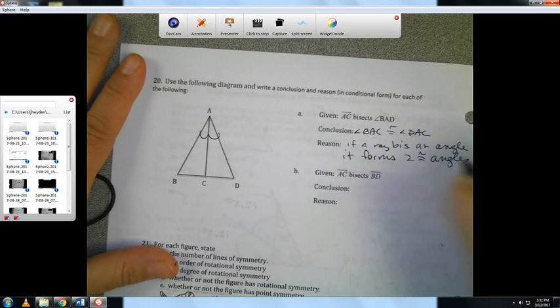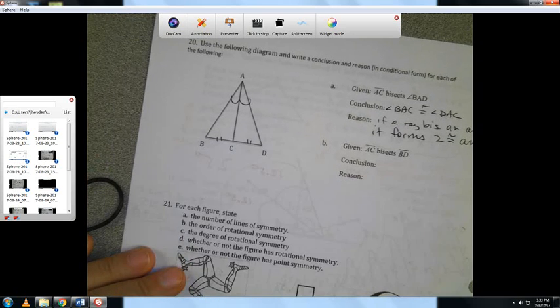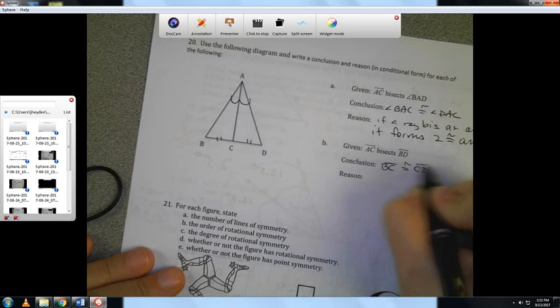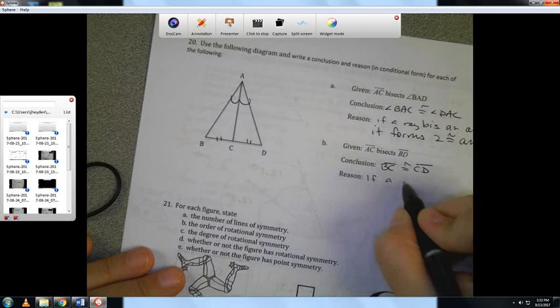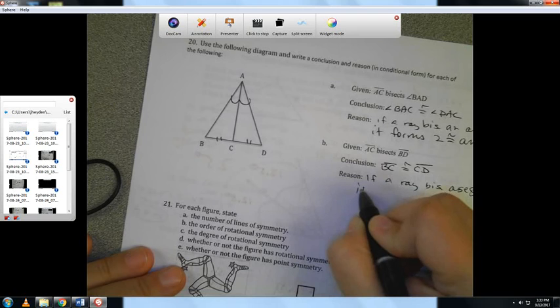AC bisects BD. This is different. Now we're talking about a segment. So now we're going to say BC is congruent to CD because if a ray bisects a segment, it forms 2 congruent